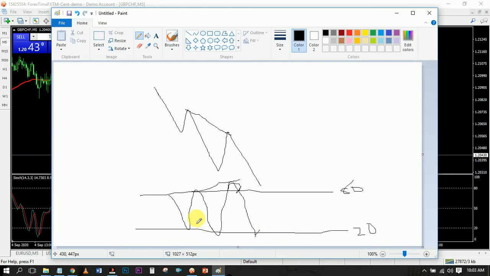Your stochastic chart moves down, goes up, drops again, then moves above again. Now you notice that this is the first lower low, so this is the first higher low, and this is the first lower high, then this is the second lower high. Now you notice the corresponding level on the stochastic,